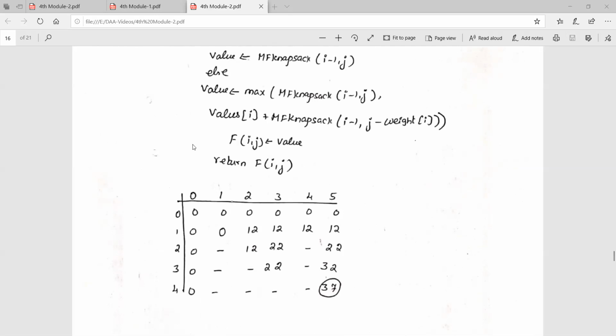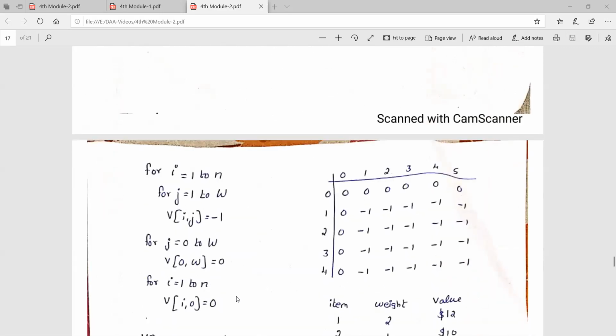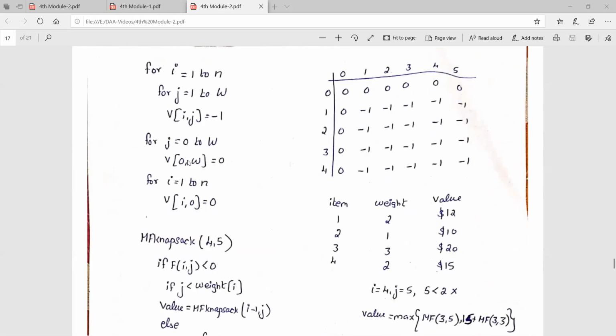So we have 4 objects, and we have certain weights and also certain profits. In the dynamic programming approach, what we did was calculate all the values. But here we are not calculating all the values. Instead, to get the value 37, only whichever values are needed are calculated. You see here, this will be null, null, null. So the dash will be the null point. Now this will be the initialization part.